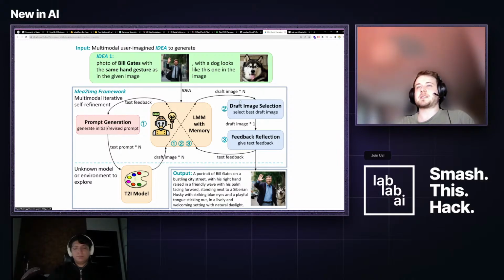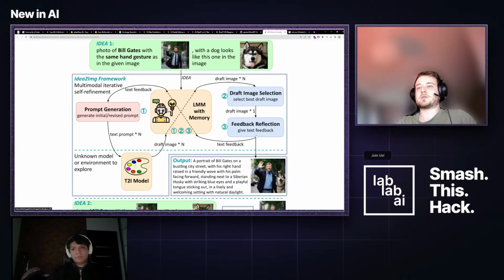So yeah, we take the best images, and then we look at these images and do this feedback reflection. So we look at one image and say, okay, this does not work, or this doesn't look correct, or this is just not correct. Then we go back and improve the prompt of this image. We put it back onto the model, we generate a number of images, and then we can just go on the loop and continue until the model really thinks, okay, this is now done, the image is looking good,